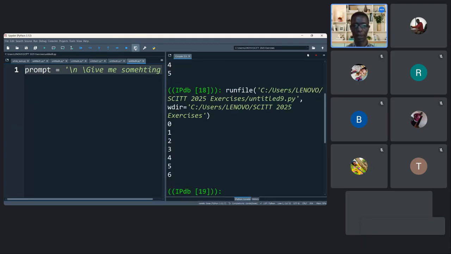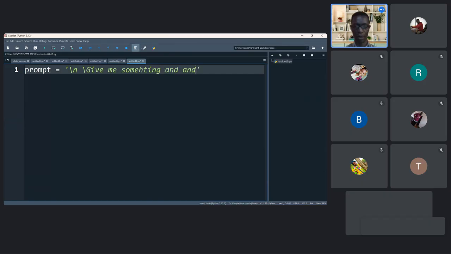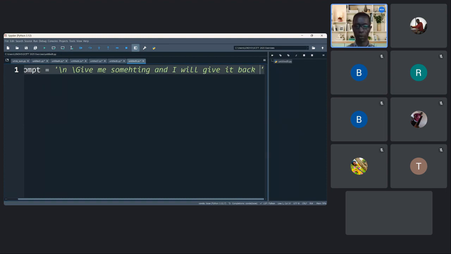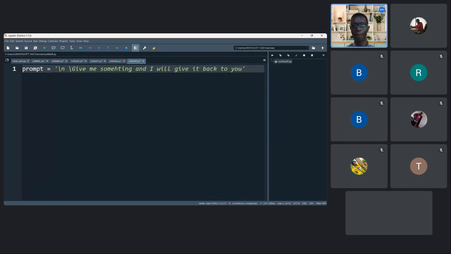I will give it back to you. Okay, so what is going to happen here? And then I did another prompt. It's just string concatenation, as we previously learned. So I'm just adding string to